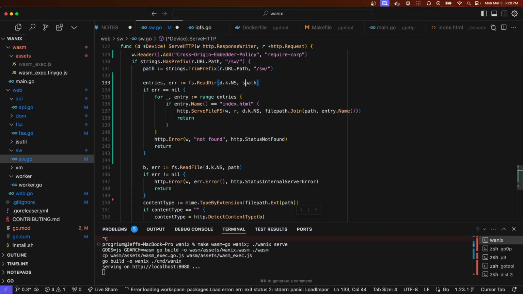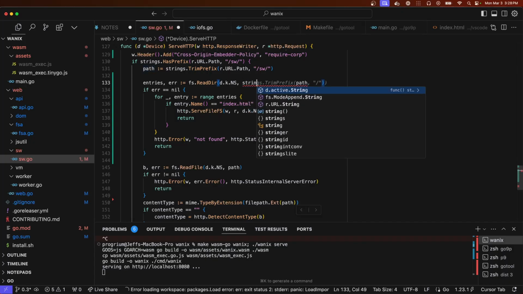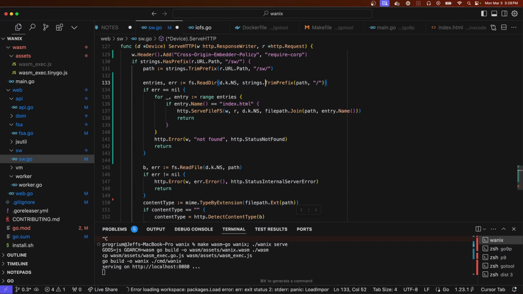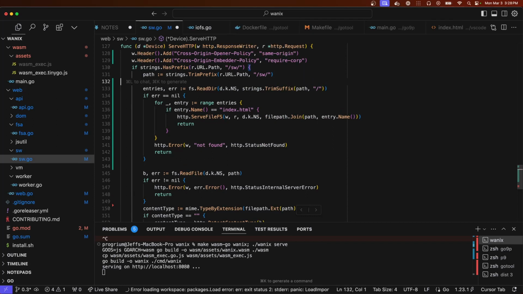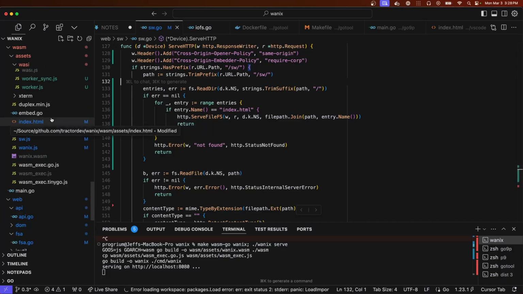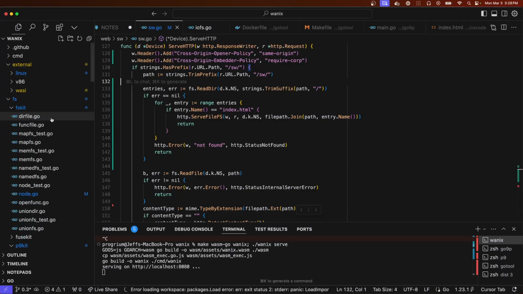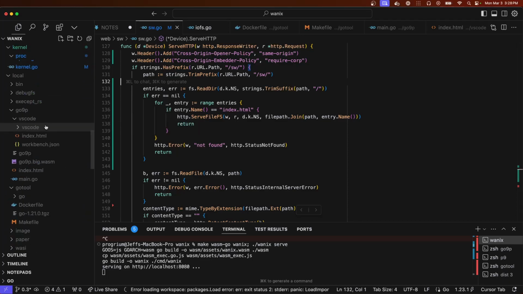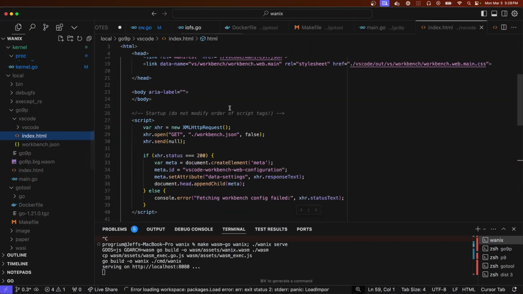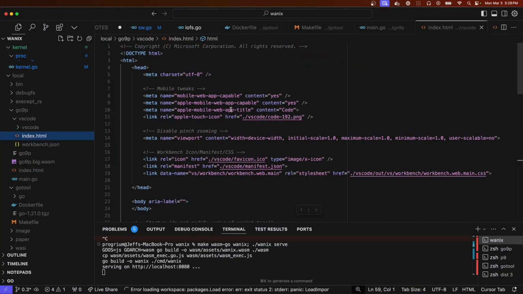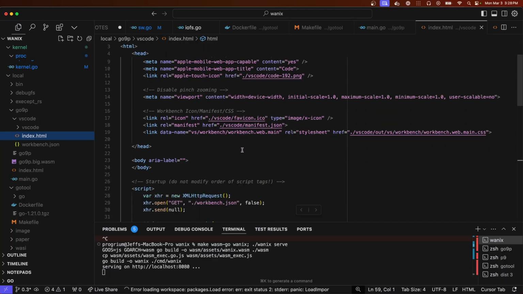Can we do strings trim suffix? All right. Dot slash.